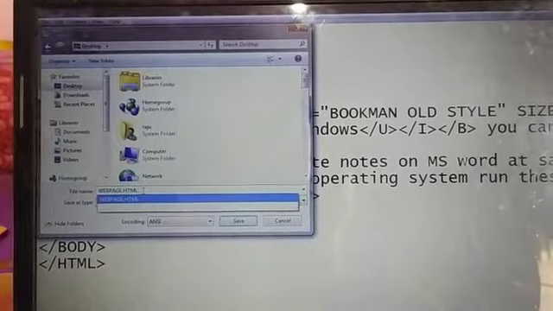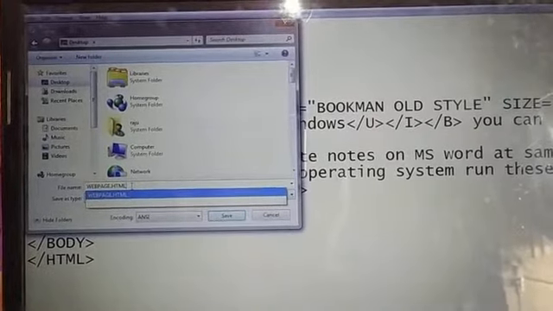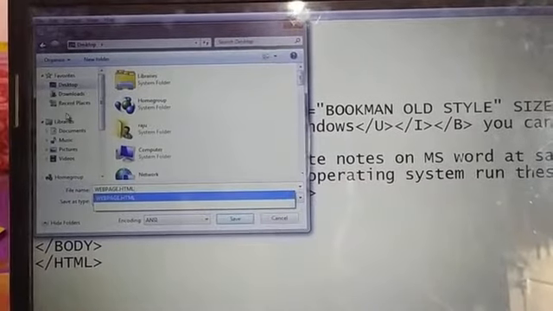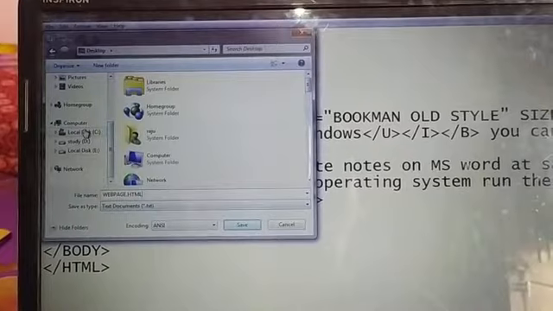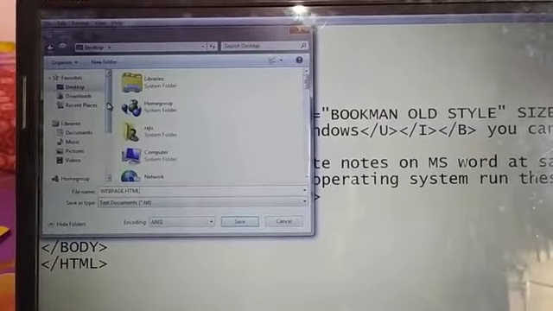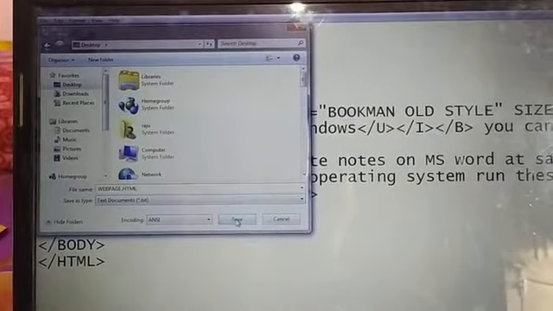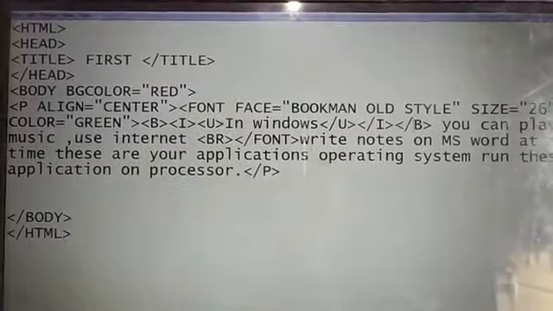Remember, in an HTML document always give the extension .html or .htm. If your desktop is not showing here, you can choose from different disks, local disks, any disk you can choose. So if you click on Save, it will be saved. If you want to edit it, edit and save it.